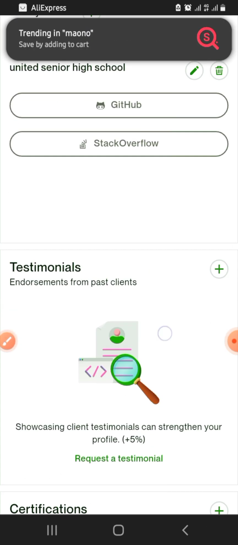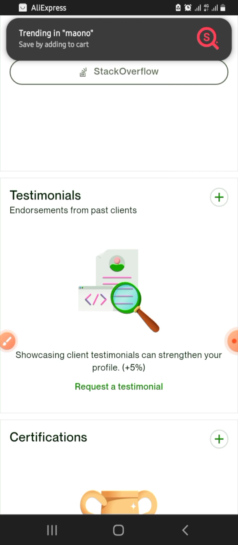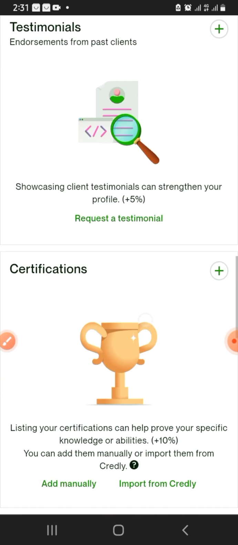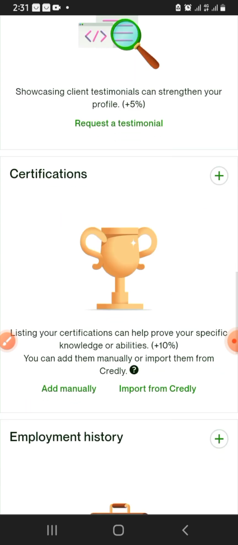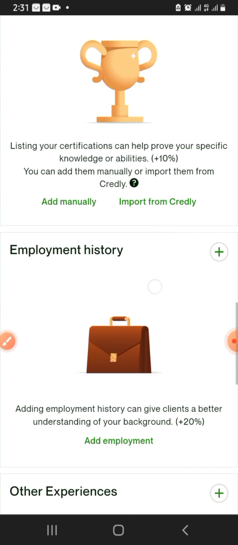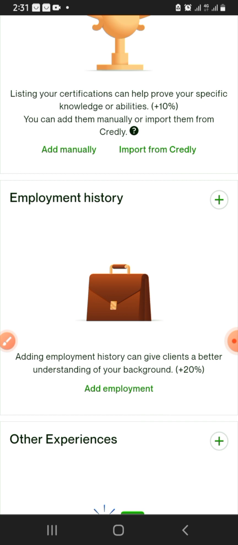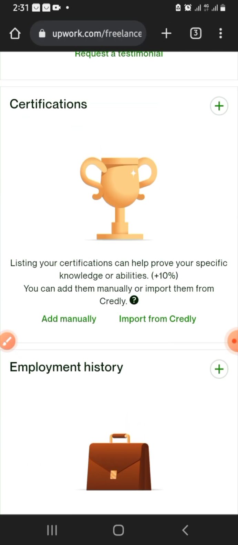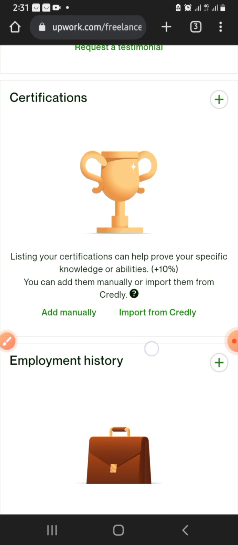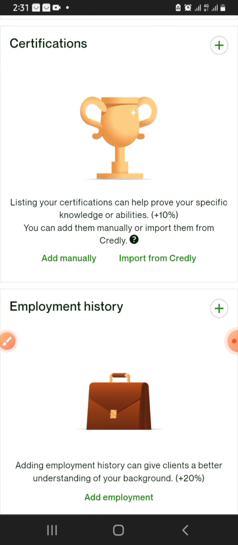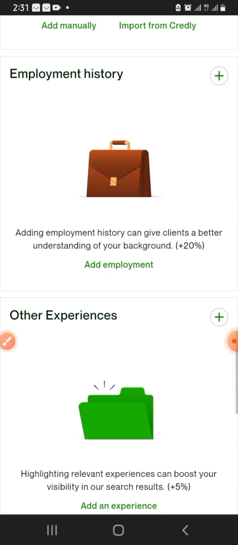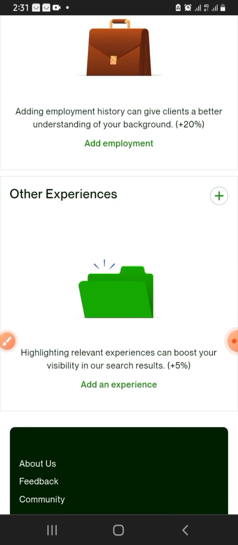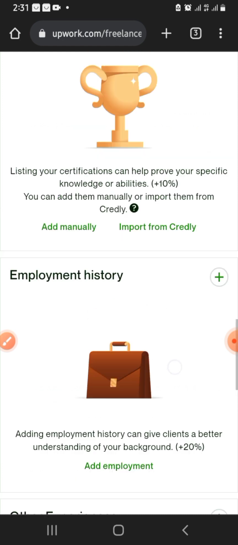This testimonial also, as you can see, has a percentage. This is 5%. This certifications carries 10%. This employment history has 20%. So if you add these things together and your score is over 90%, then you have a high chance of getting jobs. As you can see, other experience is 5%. So I'll be showing you